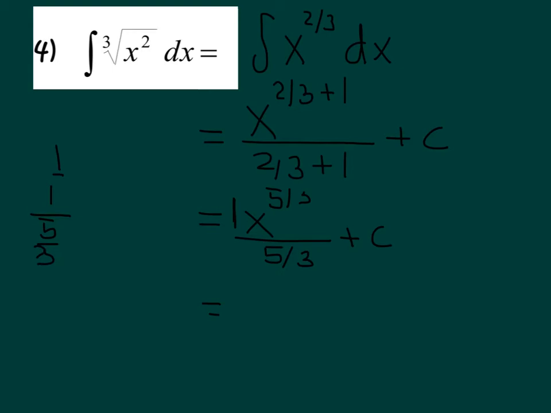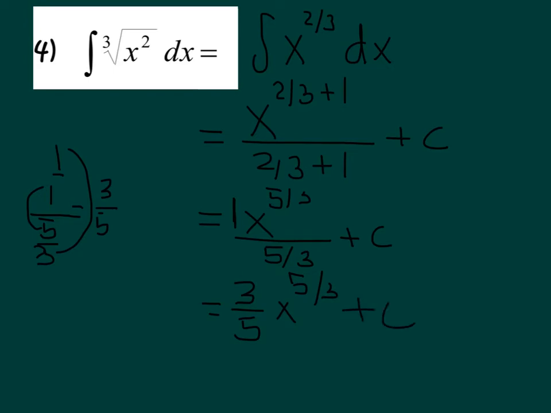So we have to multiply 1 times 3, which is 3, over 1 times 5, which is 5. So finally, we have 3/5 times x to the 5/3